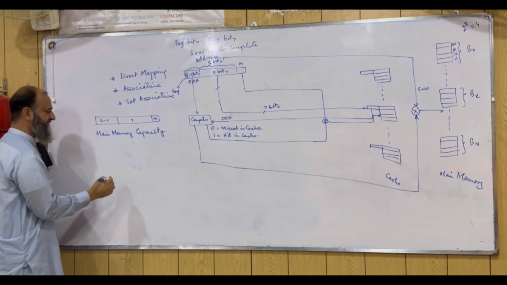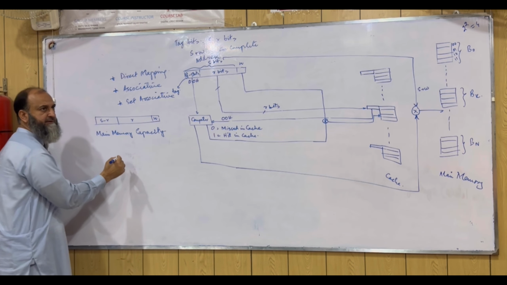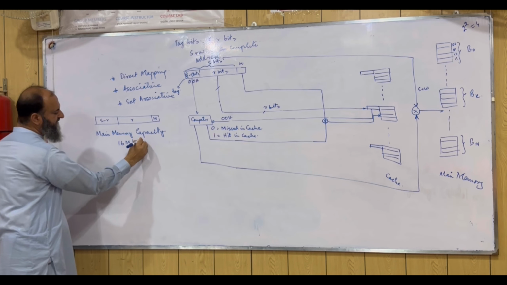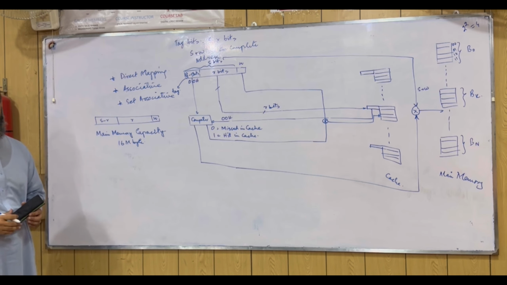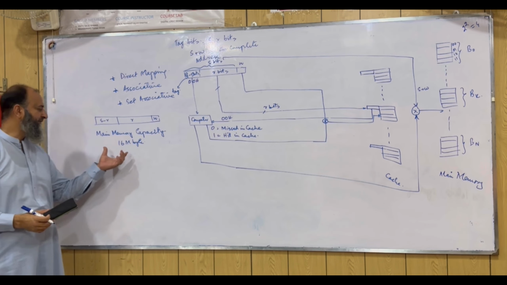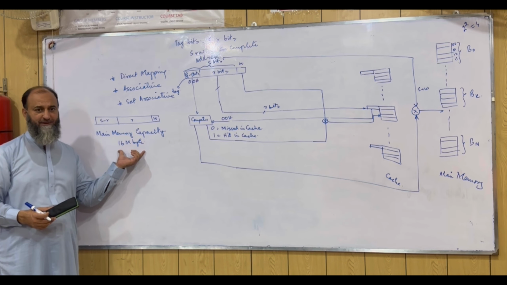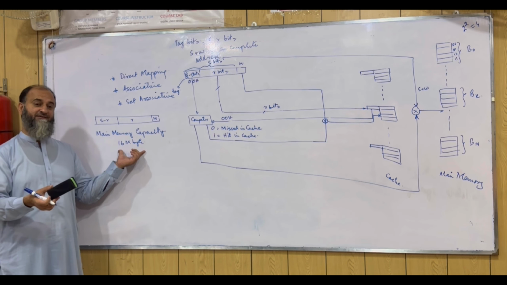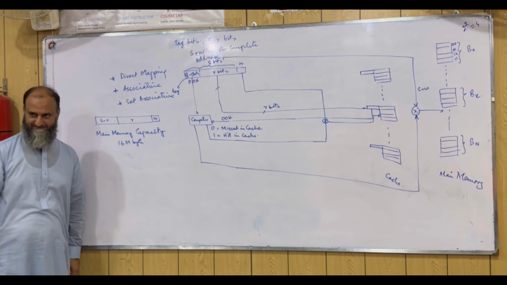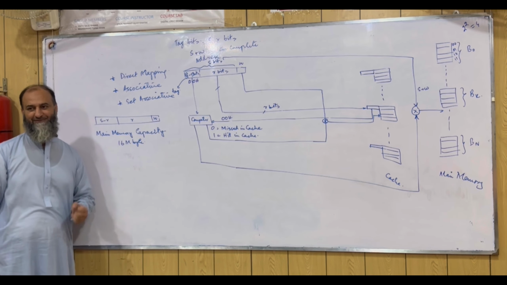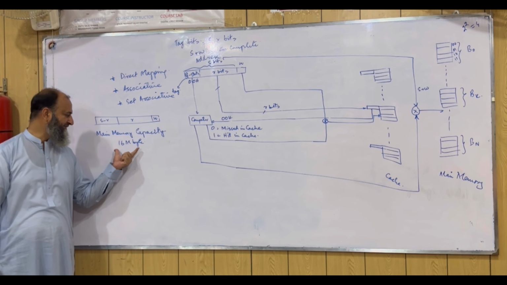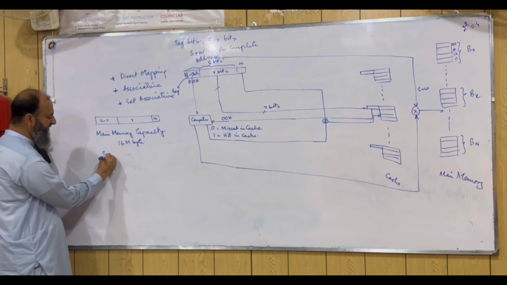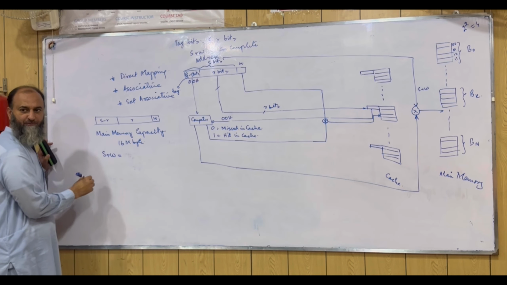Let's suppose it is 16 megabyte, and byte level addressing is there. So if it has 16 megabyte, how many address lines do we need to identify a single register within the main memory? कितनी आपको address lines की जरूरत है? If the capacity is 16 megabyte, how many bits do you need? S plus W bits. How many?